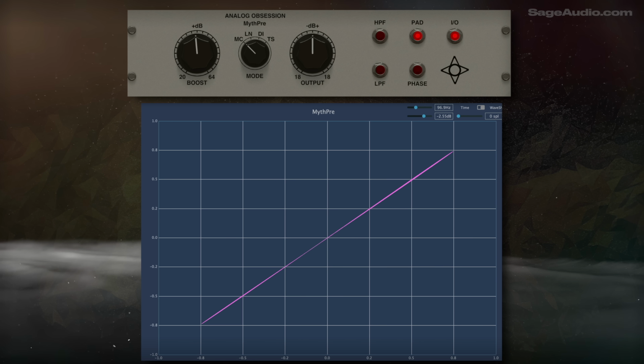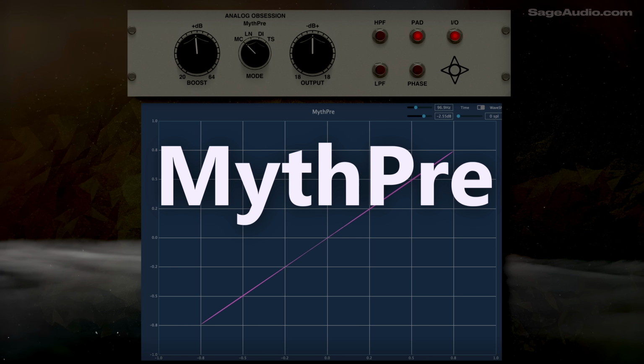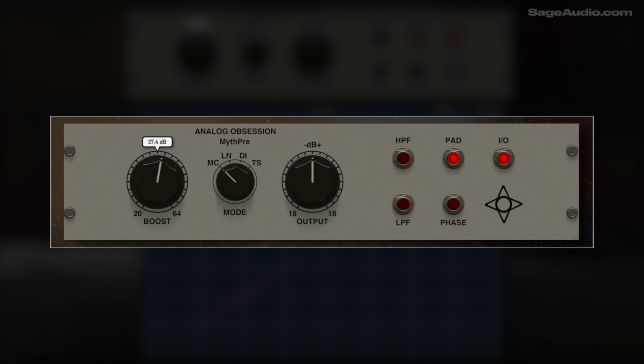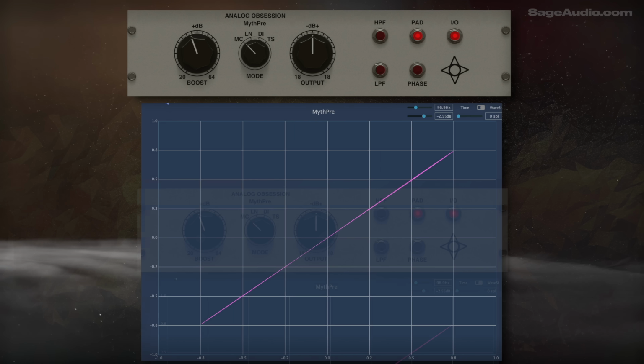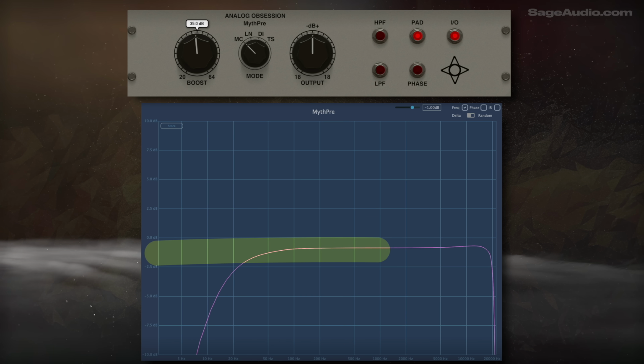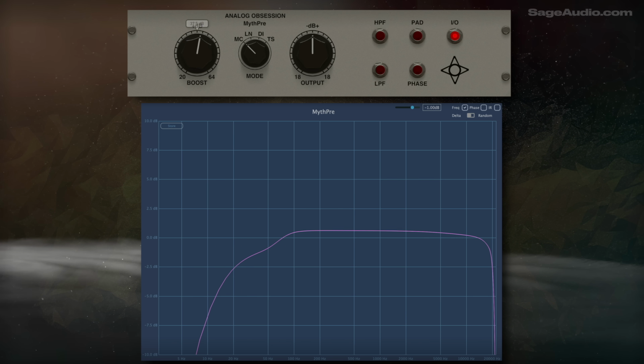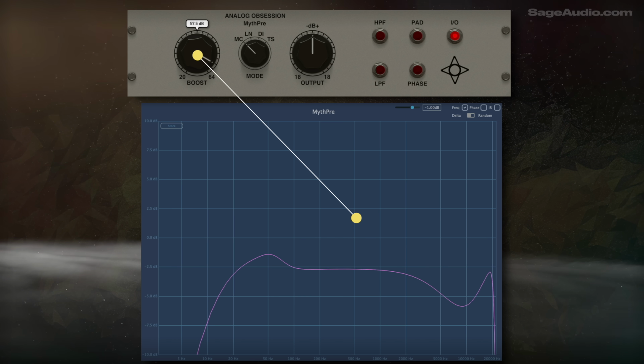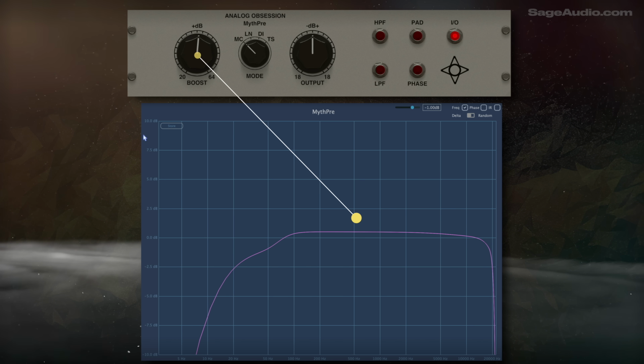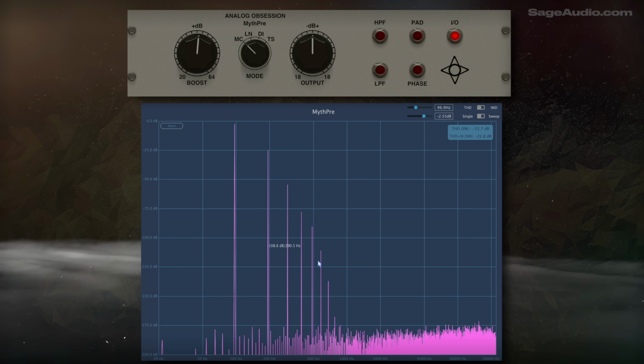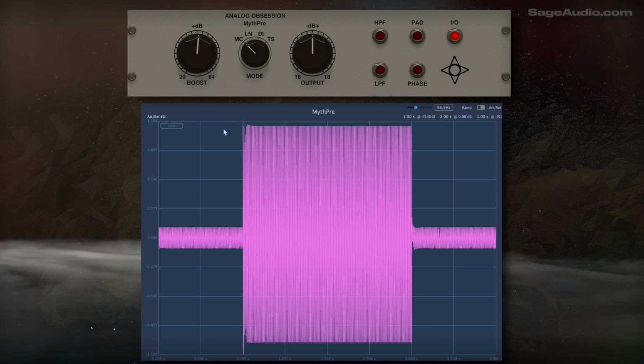Last up, let's look at Analog Obsession's newest plugin, MythPre. This is a very amplitude-dependent preamp. With the pad on and at moderate input levels, the frequency response is pretty typical. However, when the input increases, the frequency response drastically changes in tandem. The same could be said for the harmonic amplitude, which is to be expected, the amplitude modulation amount and type,